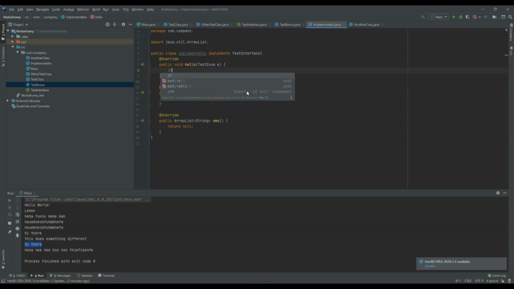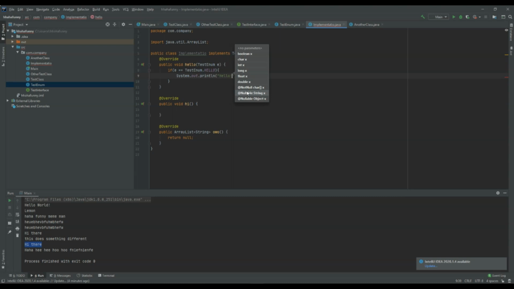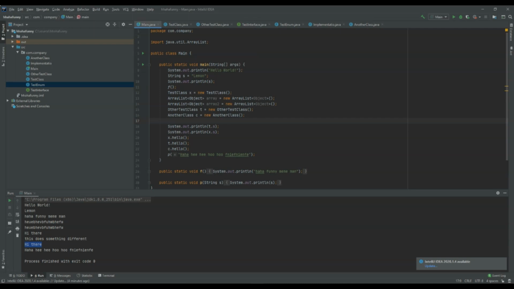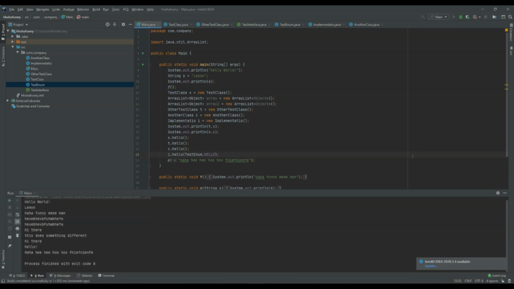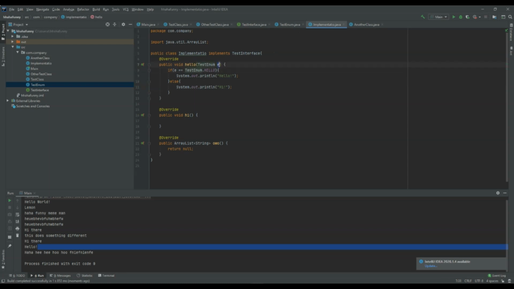So if I do if, and I make an instance of our implementation, like example I.hello, and then I do test enum.hello, it will print out hello. Because if we go to test enum, I asked Java if the test enum we're passing in, with parameters we talked about yesterday,